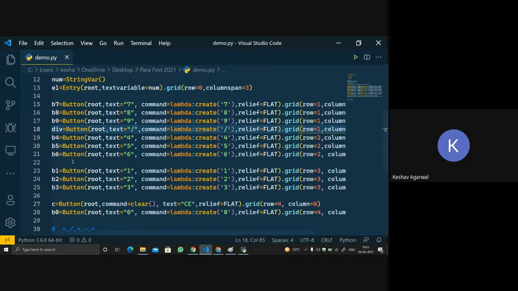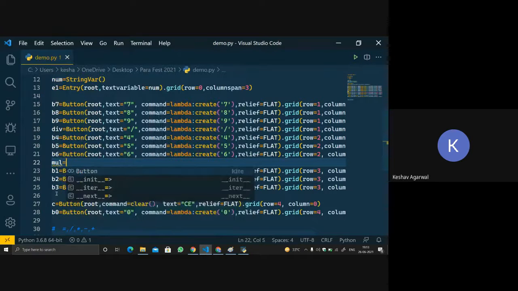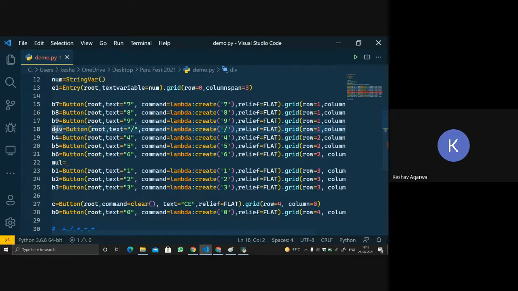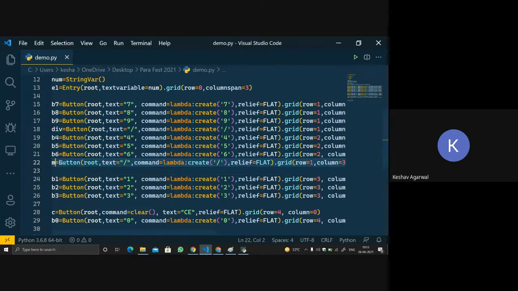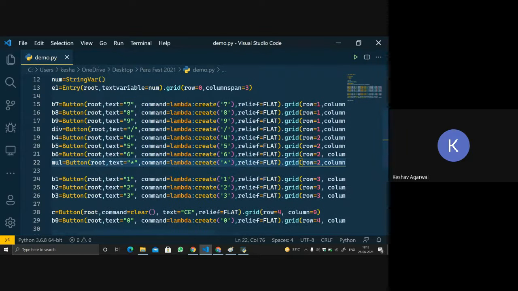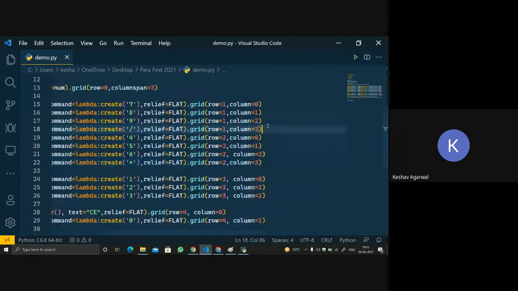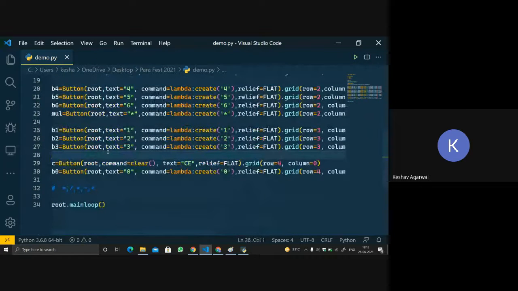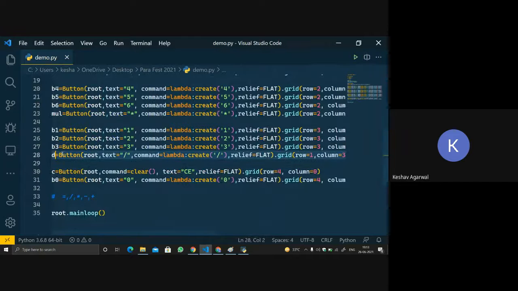Similarly, after divide we'll get multiply, right? So multiply is equal to, let's copy this particular button, and mul, button, and it would be multiply, star, create star, and it will be 2 comma 3. Similarly, we'll paste and copy it again for subtraction. So let's name it sub.